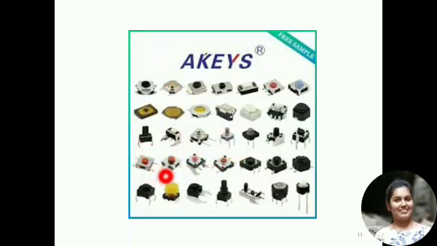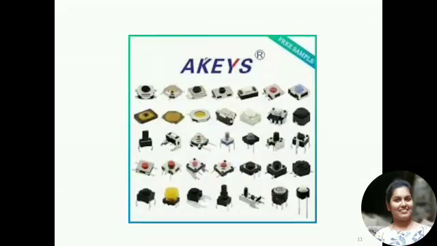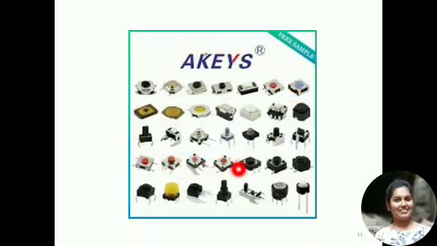These kind of things, you can see the red ones, these are very small. This can be used in electronic equipment, and these kind of things, which are a bit bigger in size, are helpful to press with the help of a thumb, where we use this for elevators or even in the industries, to turn on the industry or to shut down the industry, or to select the modes of operation in any industry.